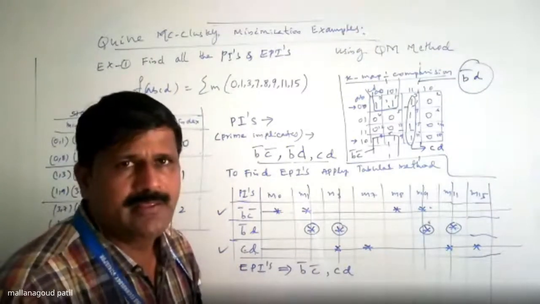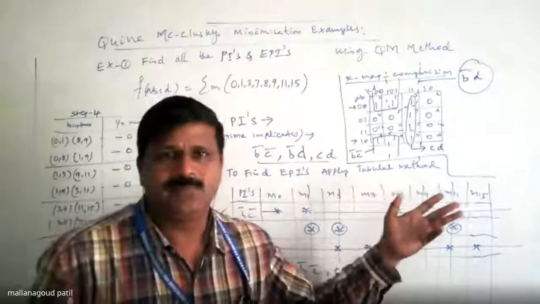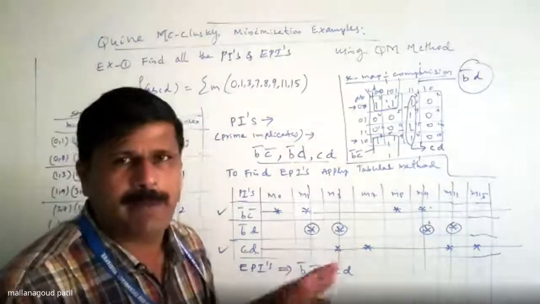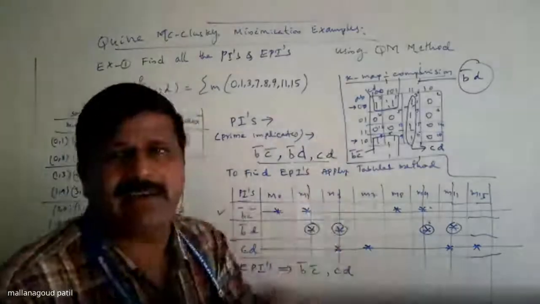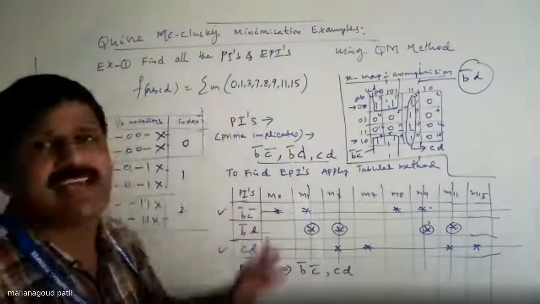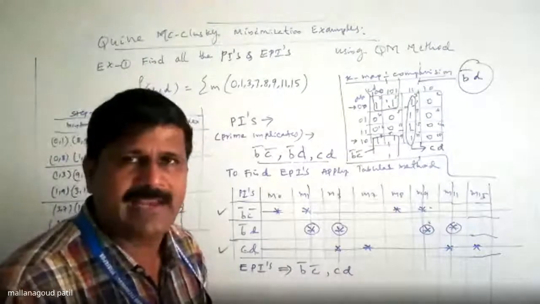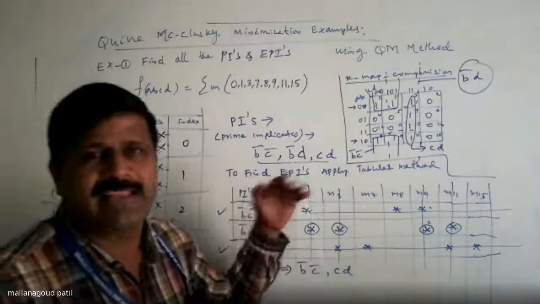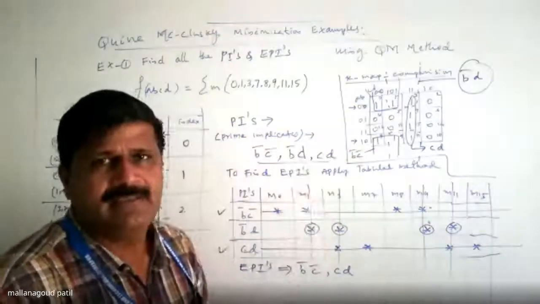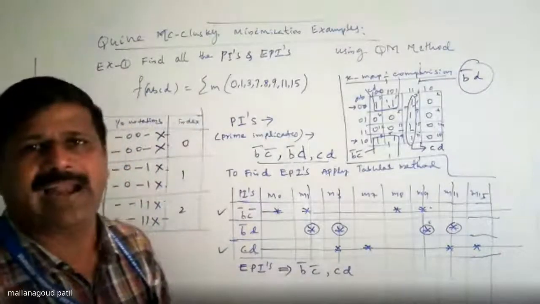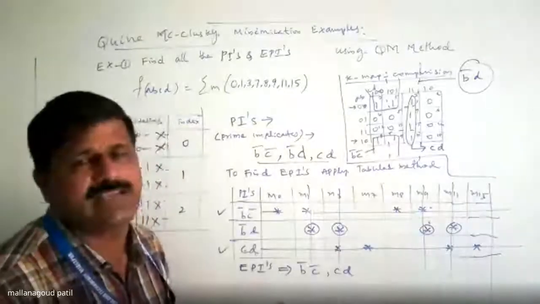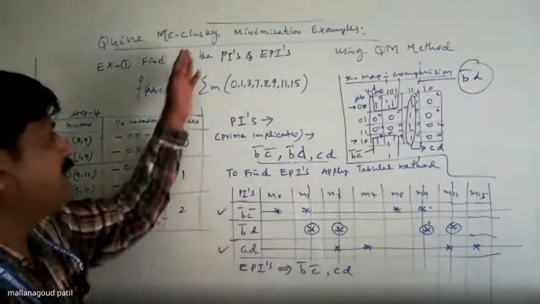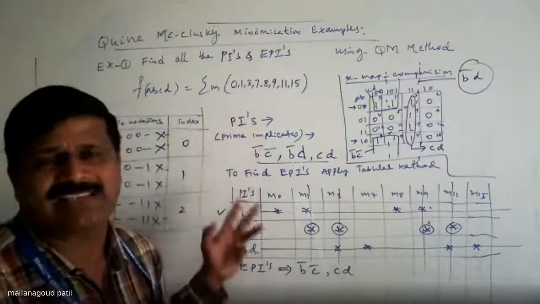It's okay. This is for calculation. You are supposed to do what he is asking. But when you become an engineer and want to implement, at that time PIs will never be considered. Only EPIs are considered, because the EPIs are either equal to or less than the PIs. If it is less, you get an added advantage, and the hardware will be reduced. The importance will be for EPIs. But in this case, what the problem statement has asked is very important.